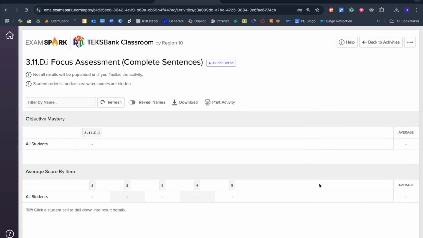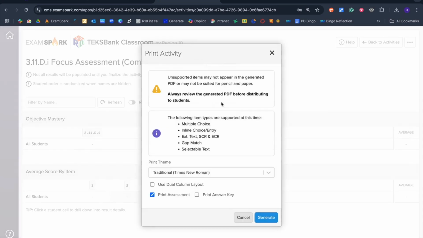And again, as the data comes in, the teacher will be able to see how students are doing, objective by objective, item by item. You can do that class data talk where you look at the anonymized data and see the trends, talk to kids about what are we understanding, what are we not understanding, and so forth. And again, we have that print activity button. So let's just take a look. What you see when you click it,